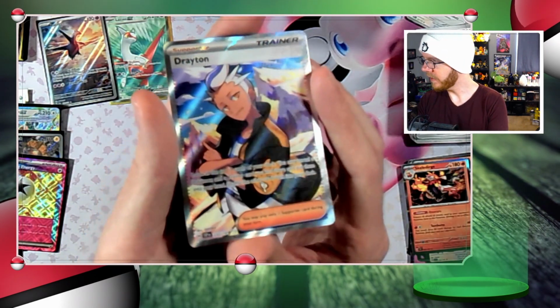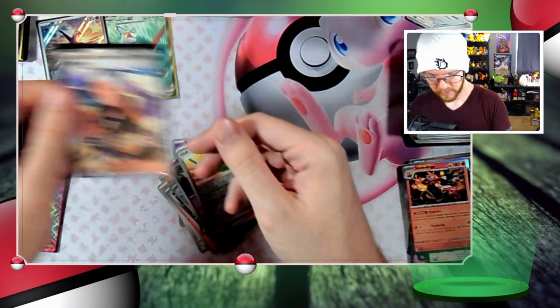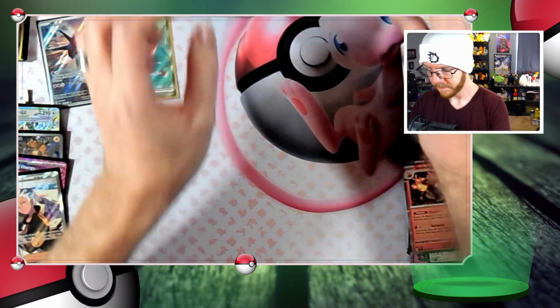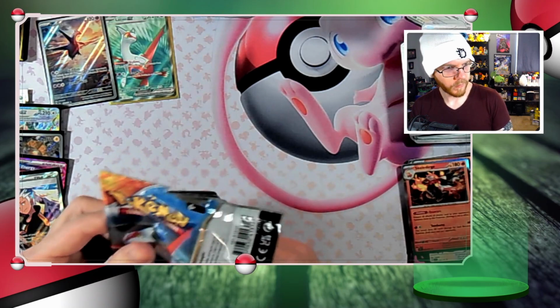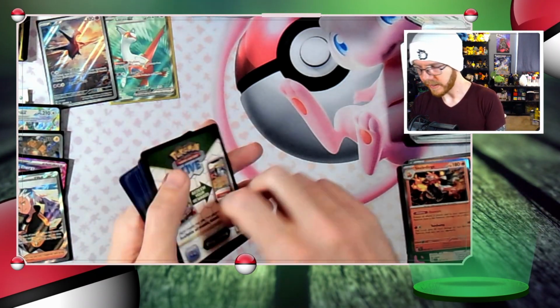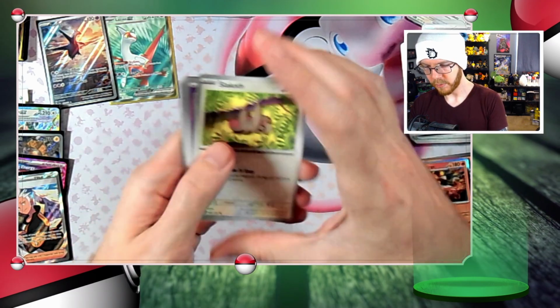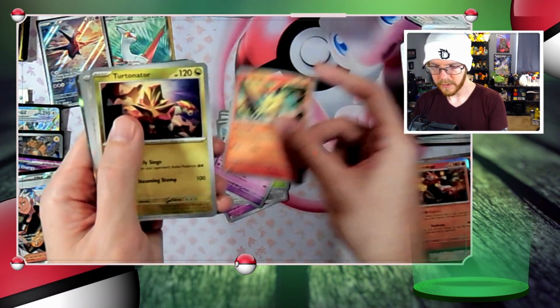Oh, hey, nice. Look at that. Love the full arts of the trainers. Genuinely. We're getting close. We really need this Latias to make his appearance. I will not be able to rest until I see him safely in my hands. Of course we're gonna get him, but...